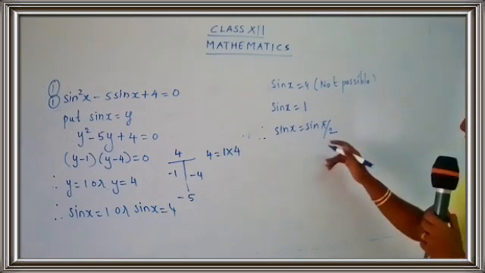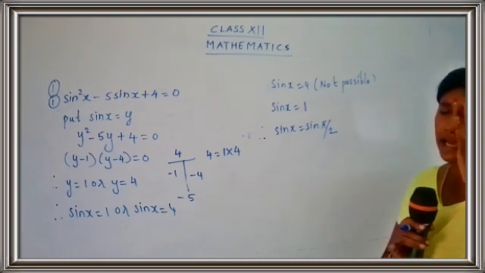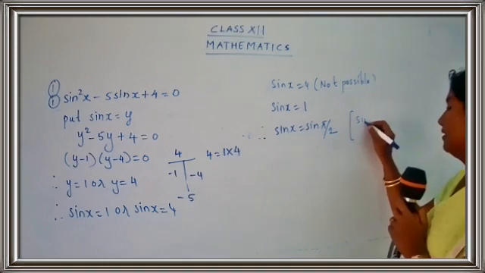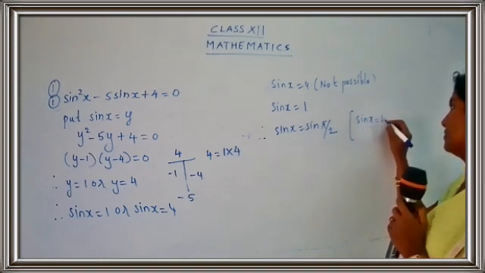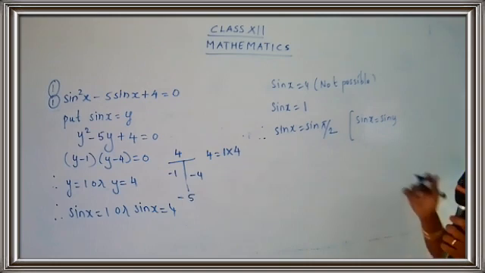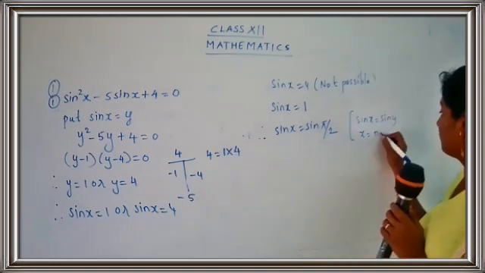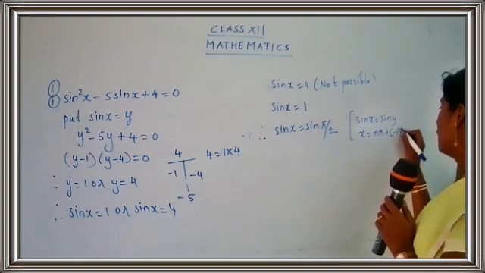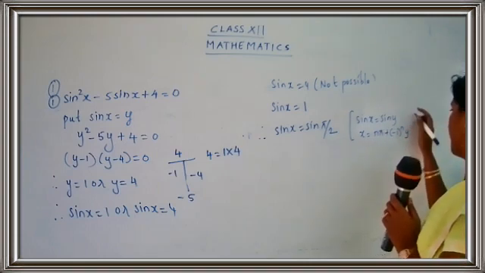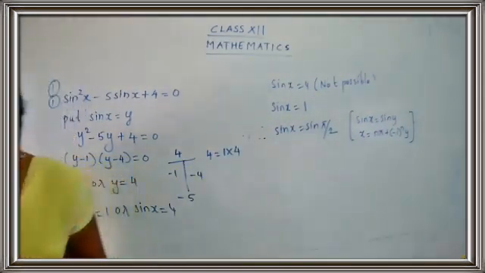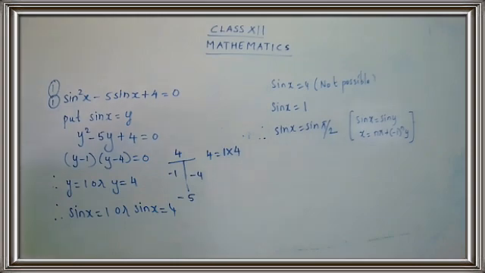Clear? Now, we have a condition. We have studied in our 11th standard a general form of this. If you have sine x is equal to sine y, then x is taken as n pi plus minus 1 the whole raised to n y. So what is the condition? If you have sine x is equal to sine y, you can write down x is equal to n pi plus minus 1 the whole raised to n y. Are you getting my point, children?